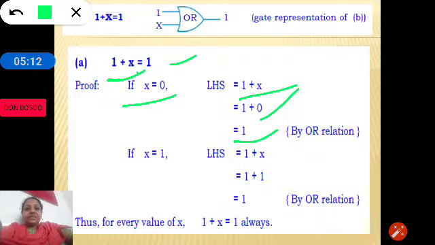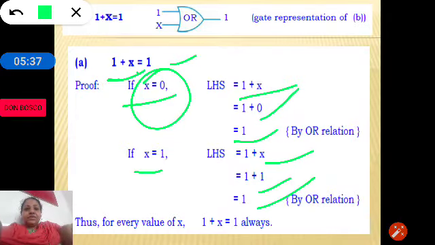Now let us take x value as 1. Substituting x with 1, we get 1 plus 1, and 1 plus 1 is 1. So whatever the x value may be, 0 or 1, the output we are getting is 1.